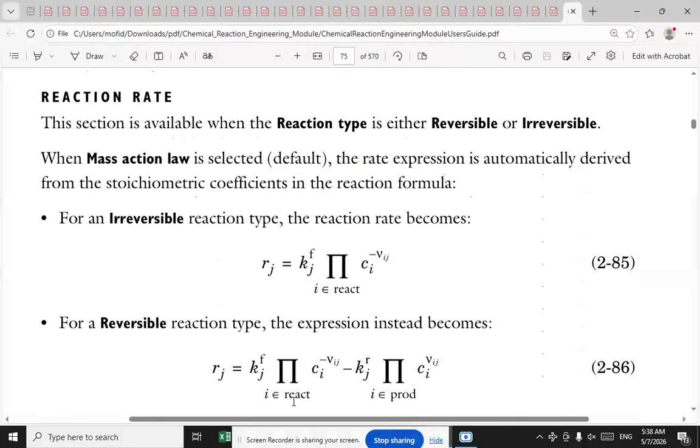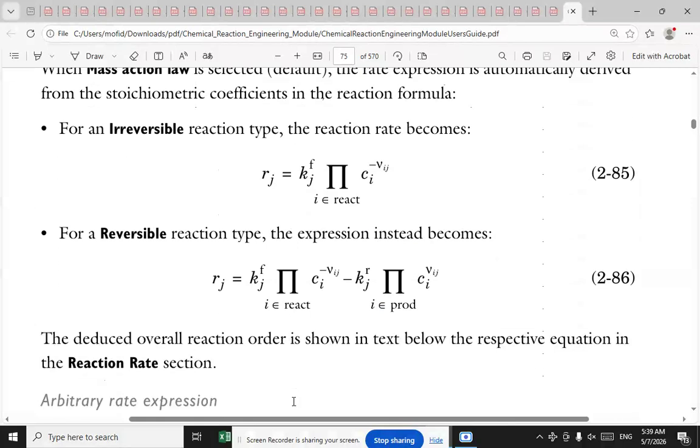Reaction rate. This section is available when the reaction type is either reversible or irreversible. When mass action law is selected, the default, the rate expression is automatically derived from the stoichiometric coefficients in the reaction formula. For the irreversible reaction type, the reaction rate becomes R_j equals k_j^f times the product over i belonging to the reactants of c_i to the power of minus v_ij. For the reversible reaction type, the expression instead becomes R_j equals